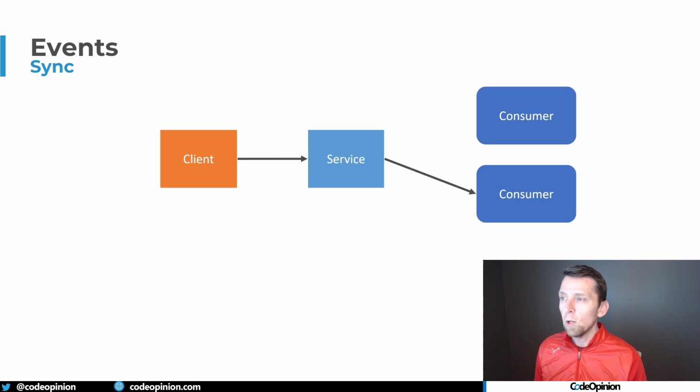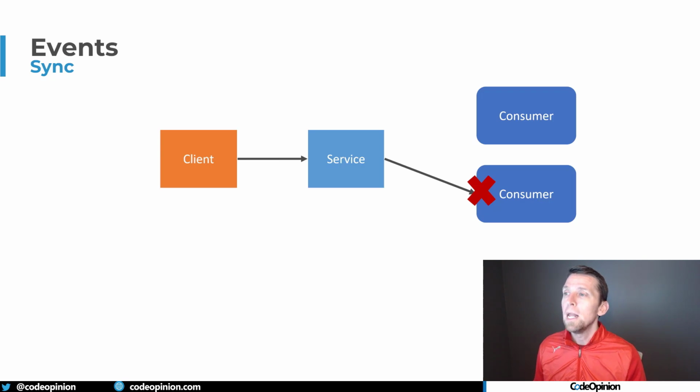We made that one call, we need to call another, and then this fails. Well, we go back to this issue of failures and latency. Because it's a blocking call, we're going to be adding latency to that initial call from the client. But in terms of failures, what do we do now? We made a call to that first consumer, it consumed that event, and it's done something. It's provided some type of state change, maybe it has some type of side effect. But the second consumer failed. Now we need to deal with that from our service.